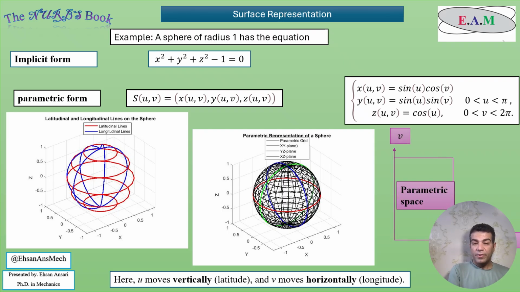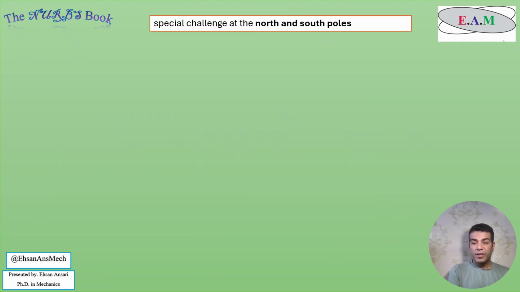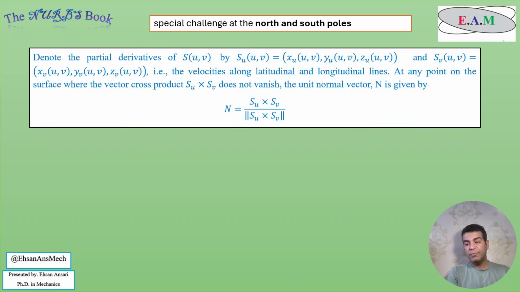And this is the parameter space of u and v. While the parametric representation of a sphere works well in most regions, it introduced a special challenge at the north and south pole, where u equals 0 and u equals pi. At this point, the longitudinal tangent vector Sv becomes 0, meaning there is no well-defined direction along the longitude. As a result, the surface normal vector becomes undefined or unstable, causing problems in applications like lighting, rendering, and surface